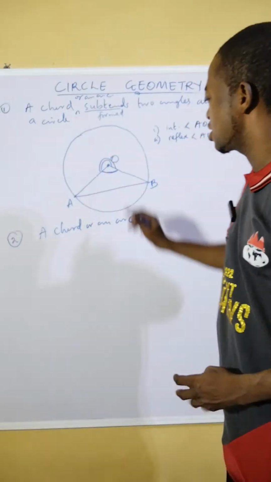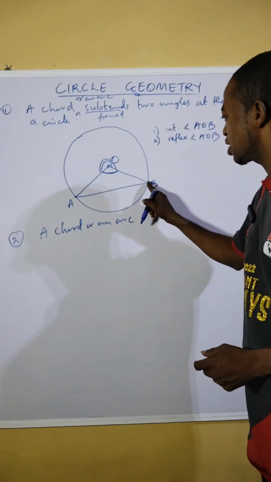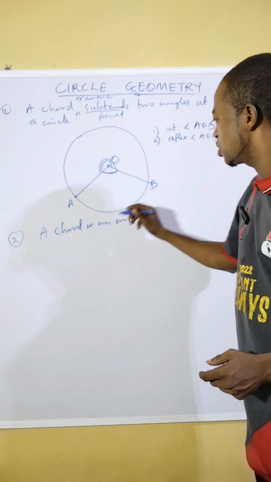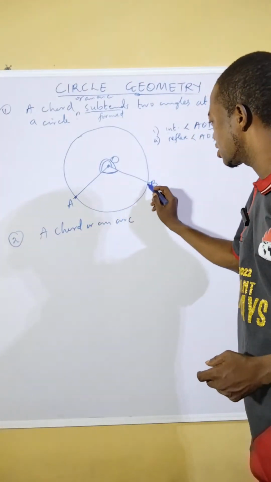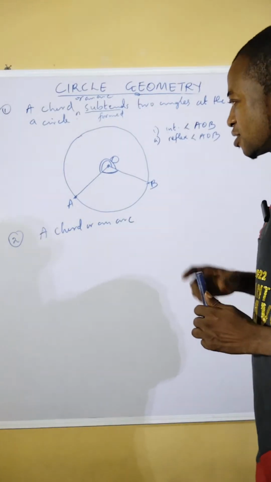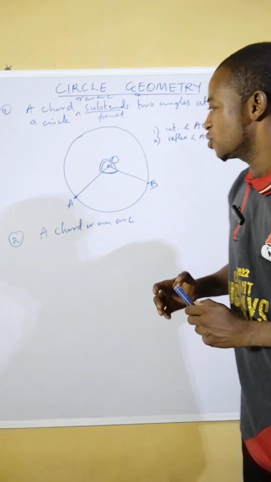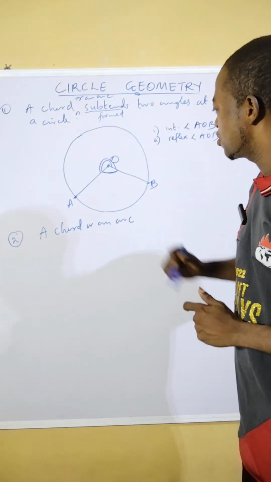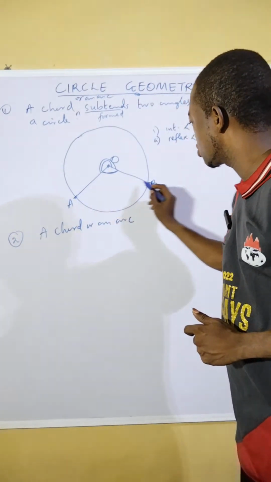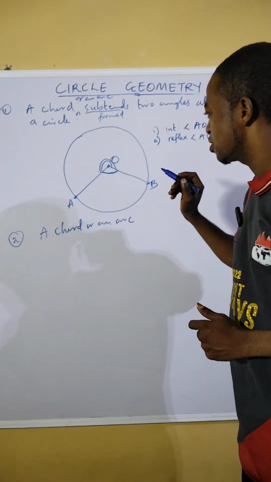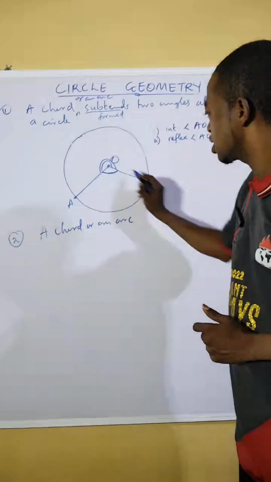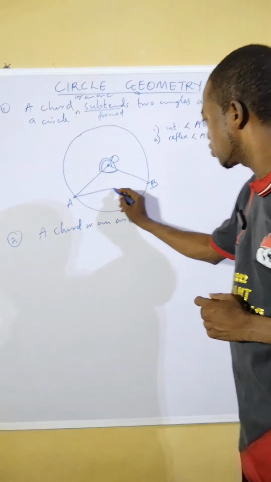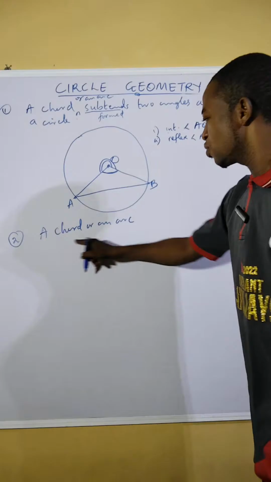In the sense that if a chord is not given, we can clean this line, and AB here will now be standing as an arc. So if a chord is not mentioned and it is an arc, we just take the arc from here to here as arc AB. So arc AB can also subtend angles at the center, which are two angles. But in this case we are making use of a chord, all right? So we have a chord or an arc